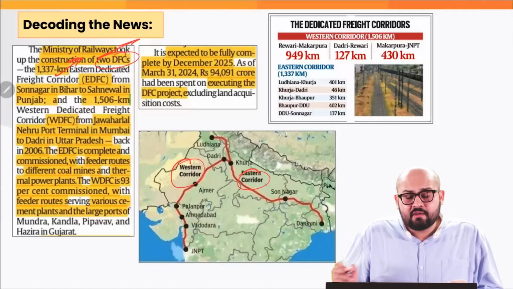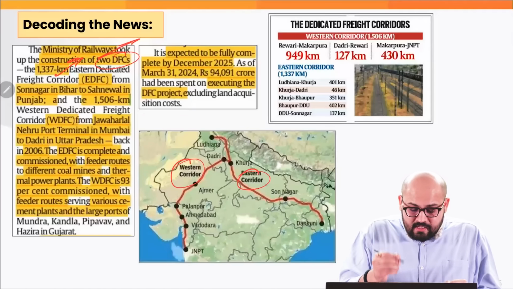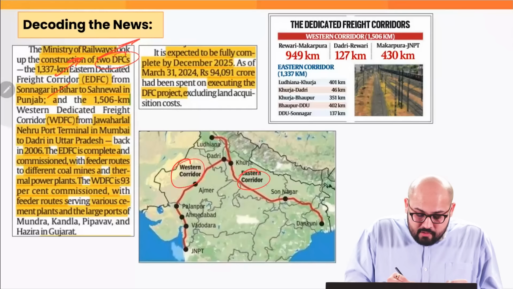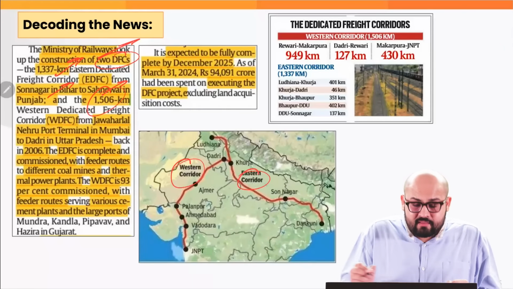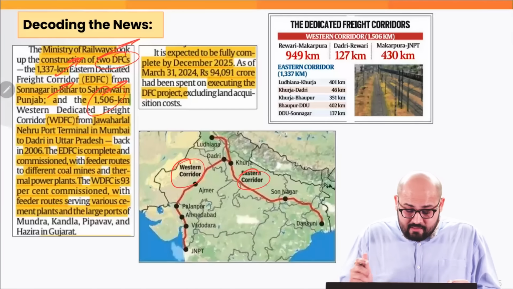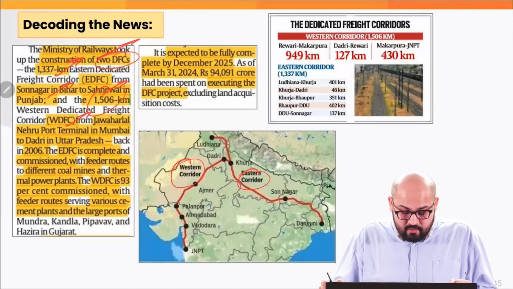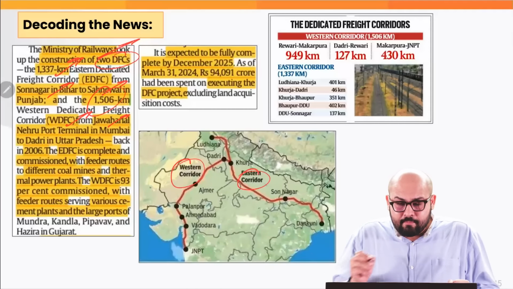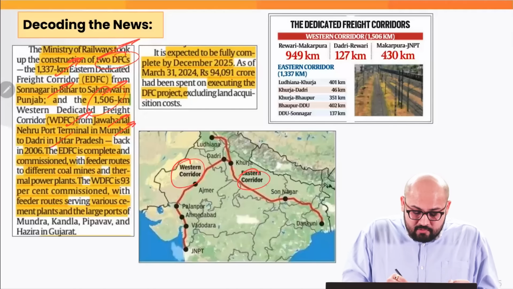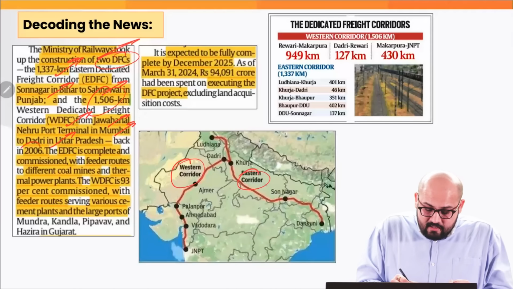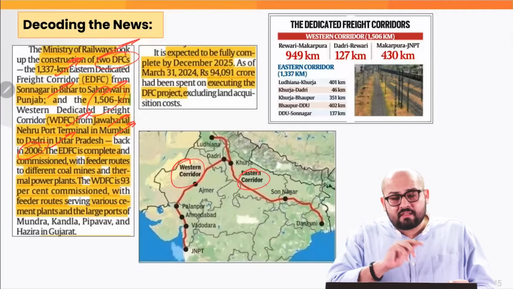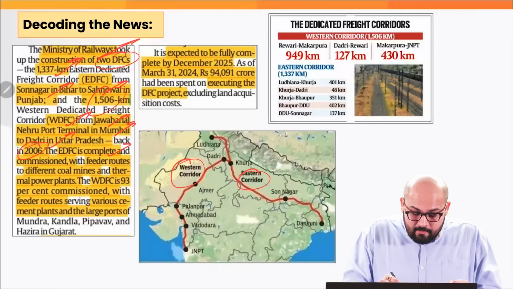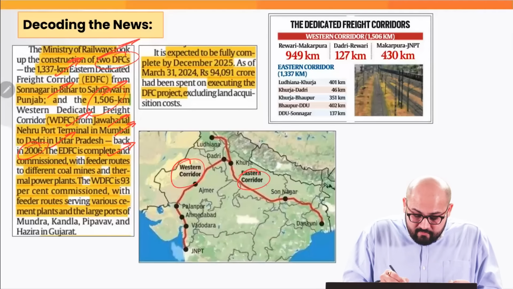The 1,337 km Eastern Dedicated Freight Corridor runs from Sonnagar in Bihar to Sanewal in Punjab. Then we have the 1,506 km Western Dedicated Freight Corridor from the Jawaharlal Nehru Port Terminal in Mumbai to Dadri in Uttar Pradesh. Back in 2006, the Eastern Dedicated Freight Corridor, as of now, is complete and is commissioned with feeder routes to